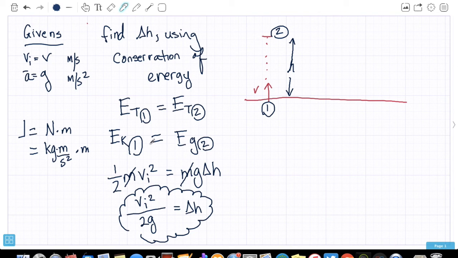And so if you are given values like 10 here, then you could easily replace 10 squared divided by 2 times 9.8, and that would get you the maximum height of the